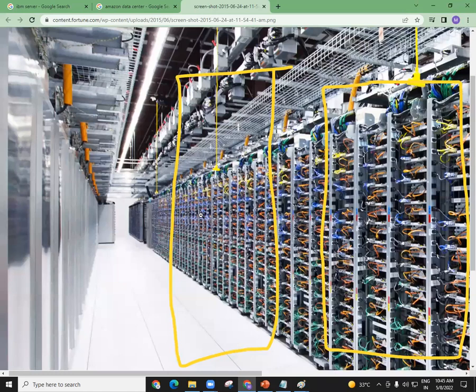Cabling will be done. They will maintain all the hardware, the power supply, the backup supply. We will maintain the cooling system, everything. So the Amazon company is saying, we will maintain the whole data center. We will maintain each and everything. What you do, you just use our data center, run your applications and pay for your usage.